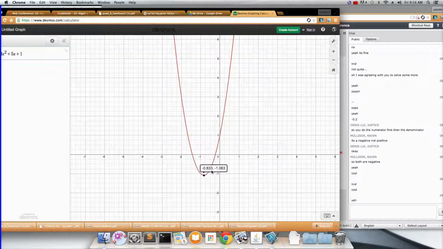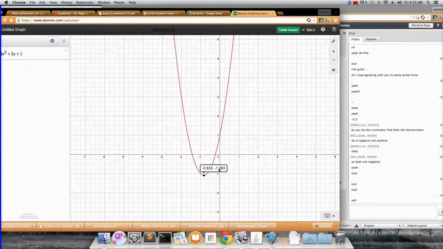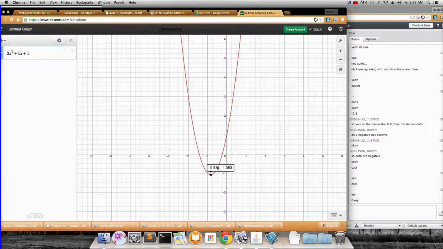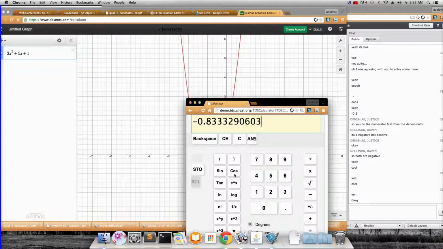All right, let me show you something else that's cool. Say I wanted to get the y-coordinate of it. Well, what I would do is take my x-coordinate and plug it into my equation and figure out what the y value is. So, -0.833. Okay, let's do this. 3 times, parentheses, -0.833, close parentheses, squared. That's the 3x squared,